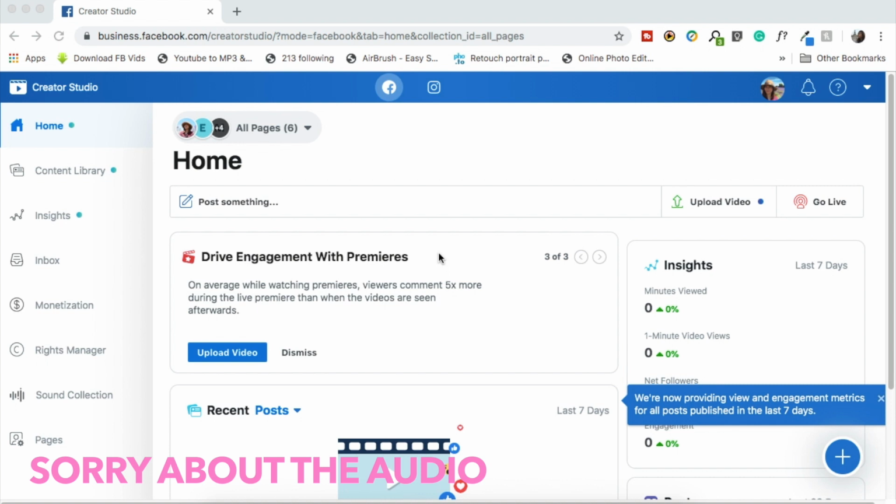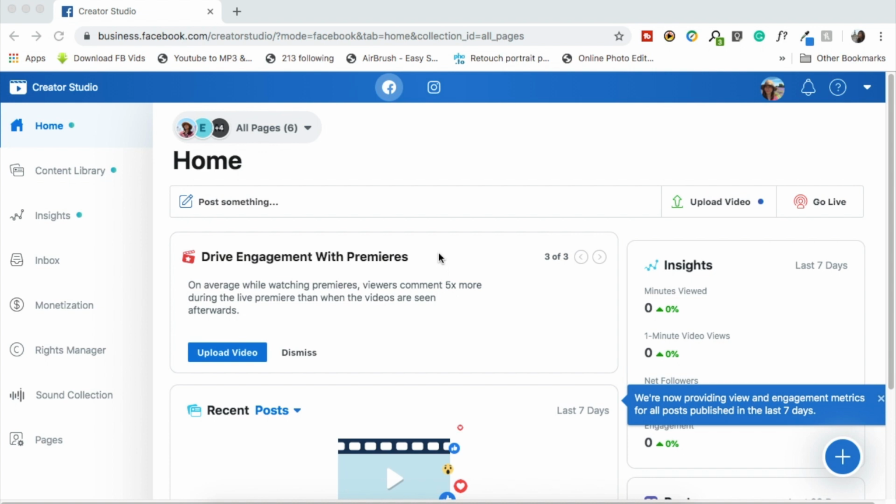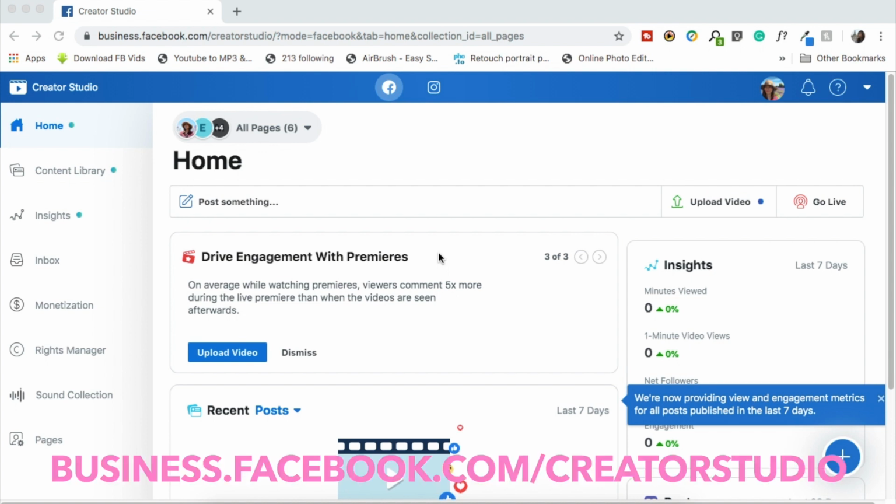It is Facebook's Creator Studio where you can link your Instagram account to it as well. So I love the fact that it is a native platform, and let's jump over to my desktop and I want to show you how to do it. Alright guys, so we're on my desktop at the moment, and in order to link your Instagram account to Creator Studio, you must go into